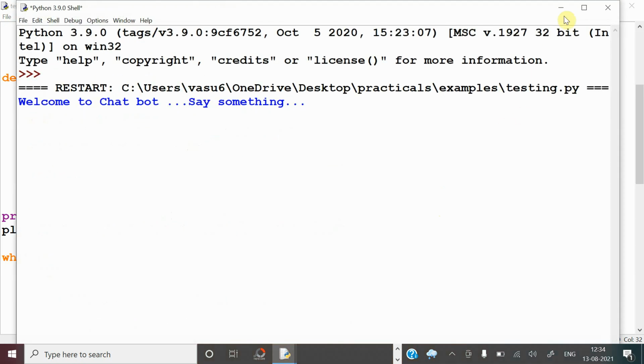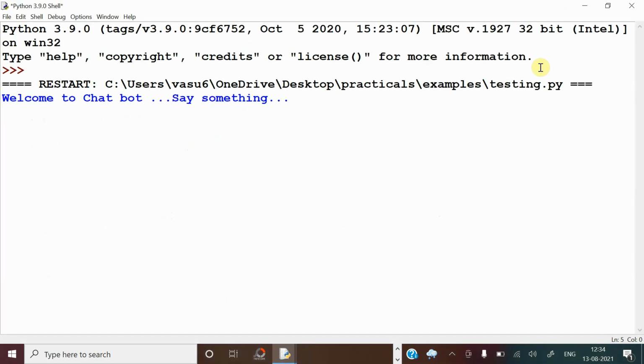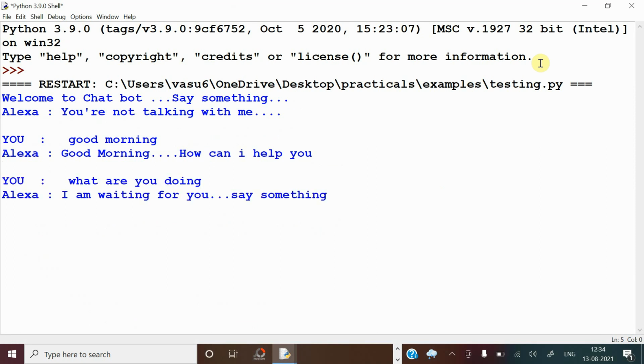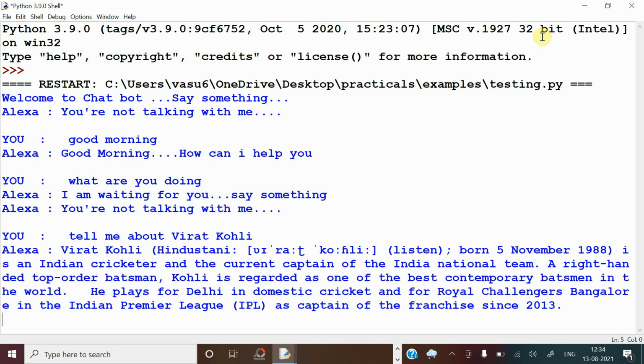Welcome to chatbot. Say something. Hi, good morning. You're not talking with me. Alexa, good morning. Good morning. How can I help you? Alexa, what are you doing? I am waiting for you. Say something. Alexa, tell me about Virat Kohli. Virat Kohli, born November 5, 1988, is an Indian cricketer and the current captain of the India national team.